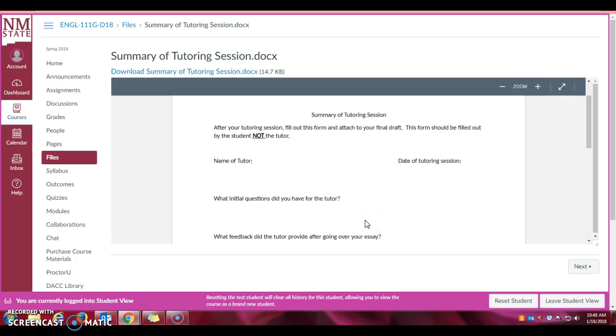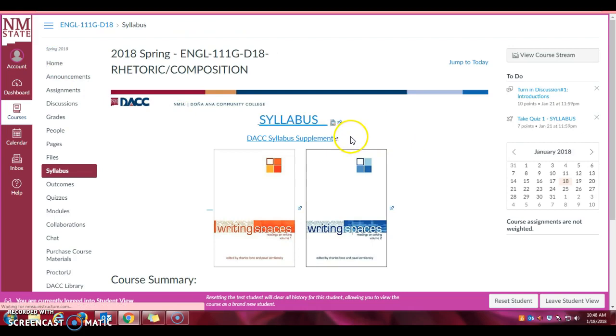They are discussing online tutoring, so if you would like to be added to the online tutoring list, please let me know and I can add your name. That way you have access to online tutoring through the Academic Readiness Center, which is known as the ARC. So please let me know if you have any questions. I think I covered everything, but like I said, if you have any questions, go ahead and let me know.